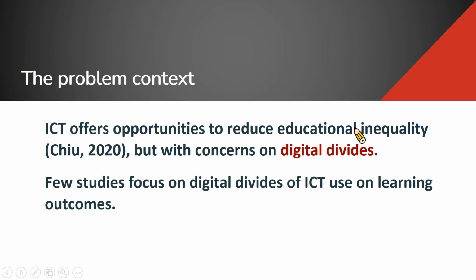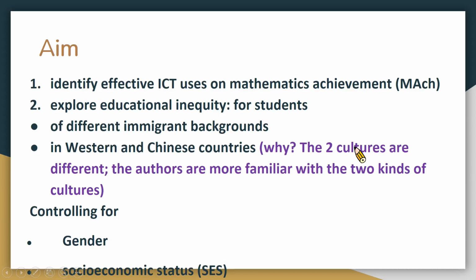ICT offers opportunities to reduce educational inequality, but with concerns on digital divide. However, there are few studies focusing on digital divides of ICT use on learning outcomes. The aim of this study, therefore, is to identify effective ICT uses on mathematics achievement. The second aim is to explore educational inequality for students of different immigrant background and in Western and Chinese cultures